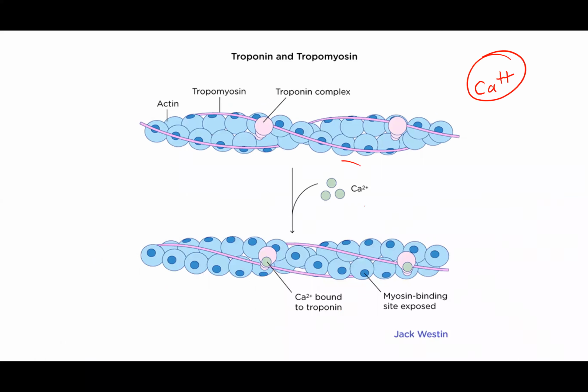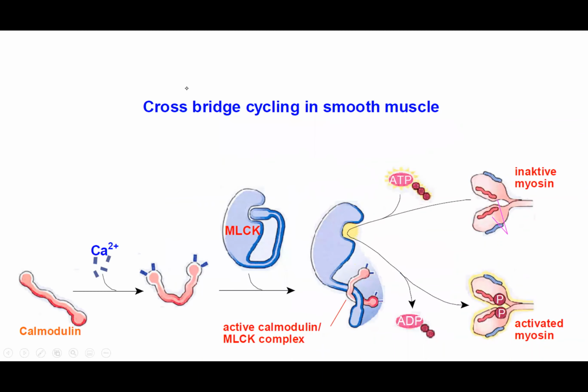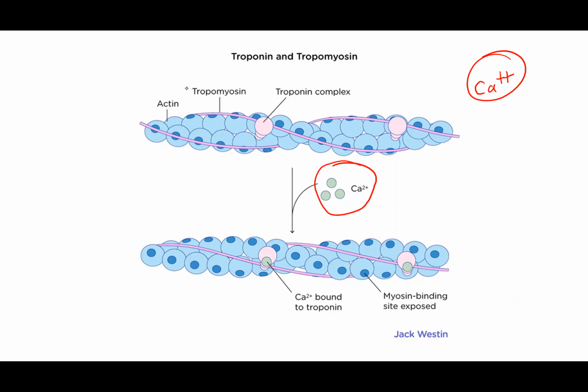So calcium comes in, in skeletal muscle. Again, this is all in skeletal muscle, just to keep it clear. Just to recap, this calcium that we've been talking about for a while comes in, binds to the troponin complex over here, and this moves this molecule right here called tropomyosin